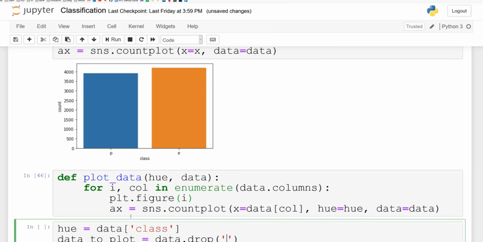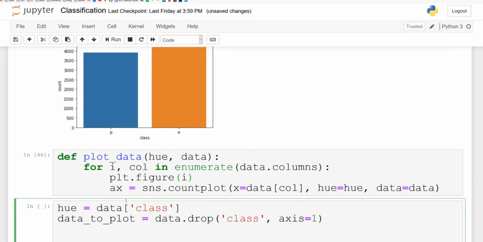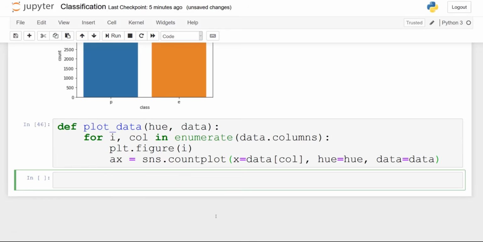One for poisonous, one for edible. And then you simply want to drop the class column and then plot the rest of the data. So to do that, you just do plot data, and then you pass in the hue and data to plot. So fairly simple, very straightforward. Like I said, you can run this function on your own notebook if you want to see the examples, but I will not run it for now.